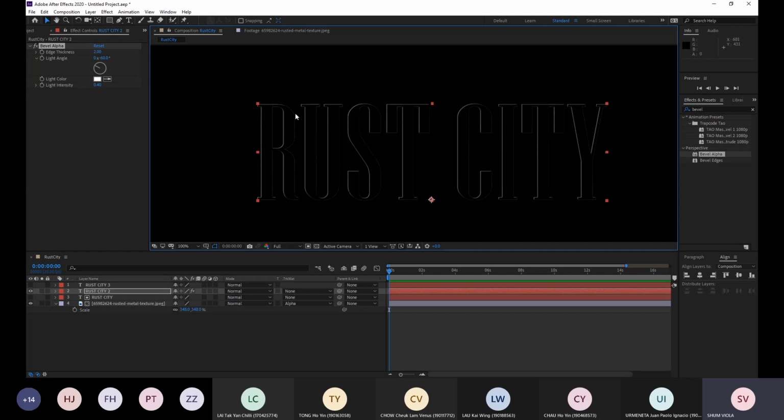Okay, you will see that it looks more dimensional. You see that it looks more 3D。係啦，咁你當你 drag 咗個 bevel alpha 落嚟咧，其實你已經即時見到個效果啦，佢立體咗啲啊，係咪？咁你可以調校下呢度左手邊啦，有 edge 嘅 thickness 啦，有 light angle 啦。light intensity